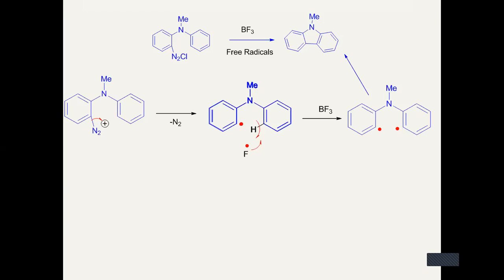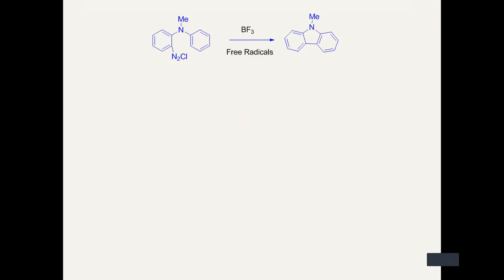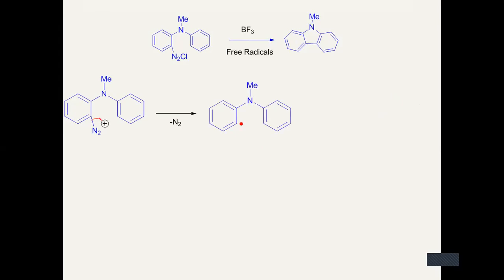Okay. So how is it formed? Let us take one more. See, this is the starting material in which there is now the leaving of nitrogen gas, which gives you this radical. And on this ring at this position, there is a hydrogen. Therefore, this bond undergoes breakage by the free radical, by the fluorine of BF3. Again, generation of radical, one radical, two radicals here you can see. And then bond formation, they will give like this bond, and that's all.